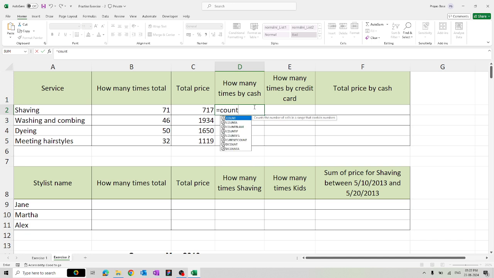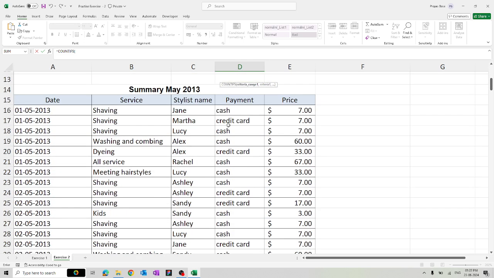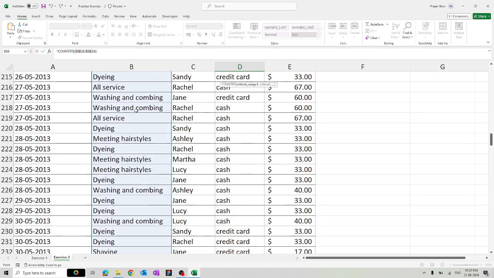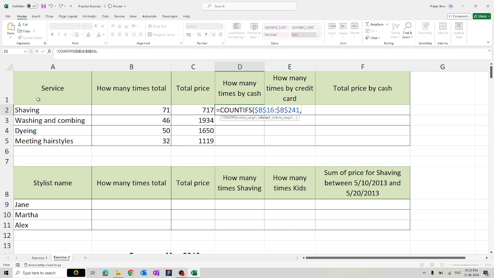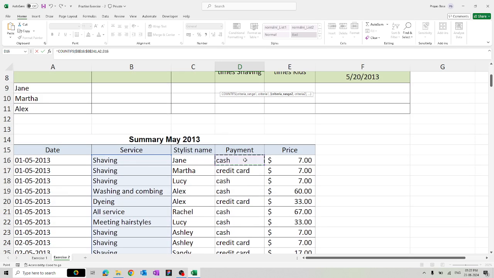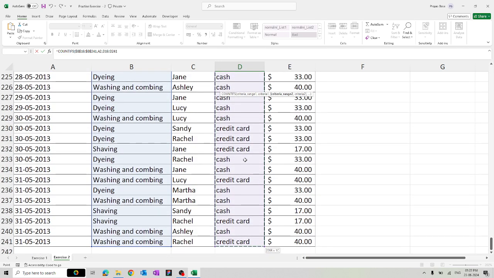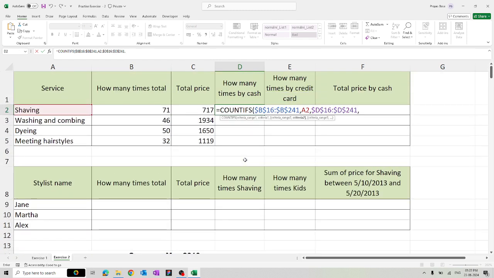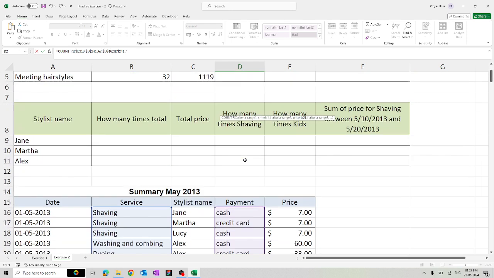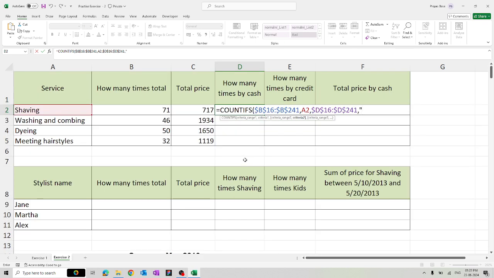So COUNTIFS, right? Criteria range is service, first of all, that is the first criteria. Fix this, comma, criteria is this, comma, criteria range 2 will be cash or credit. So the payment is the criteria 2. Fix this and we'll write it as cash. Check the spelling, it is in small letters, cash. So this is done,